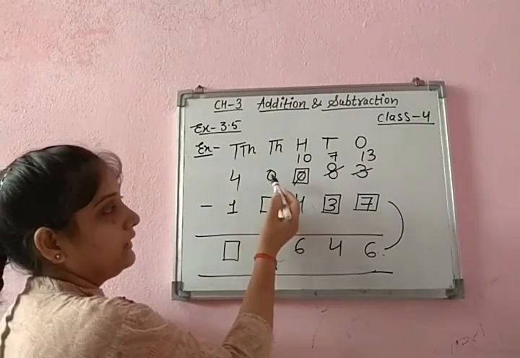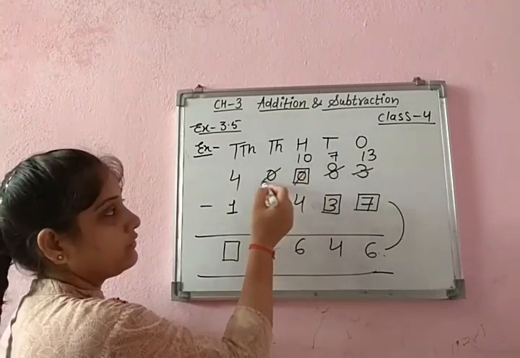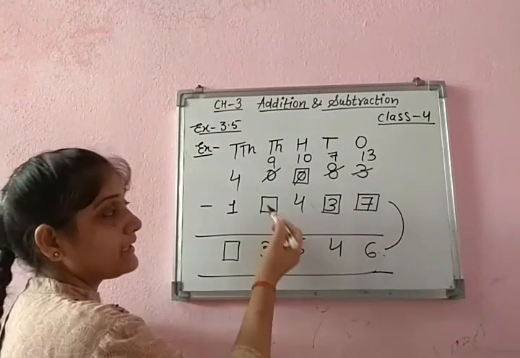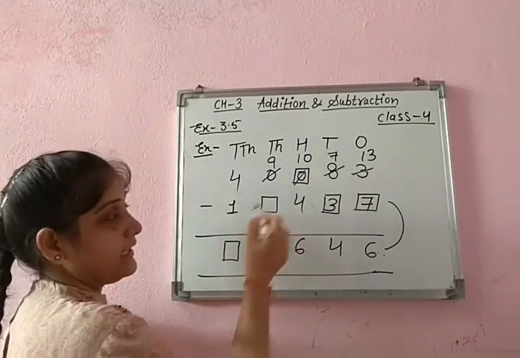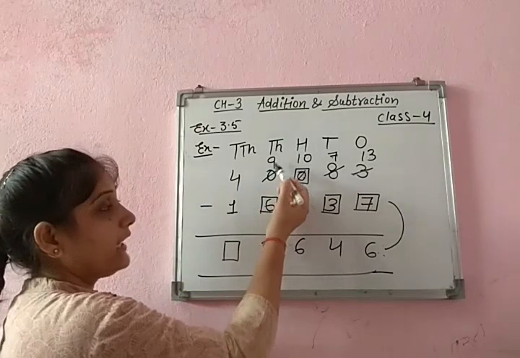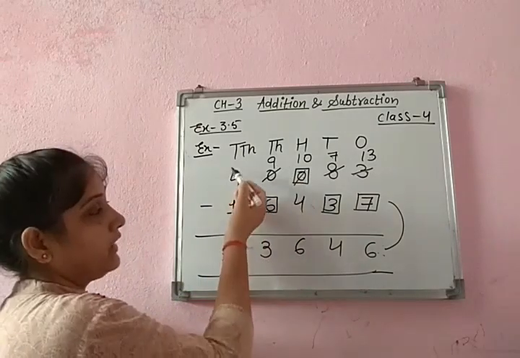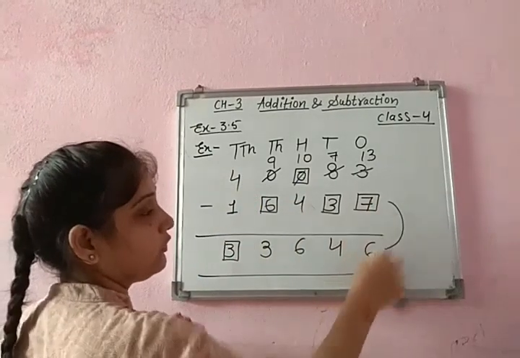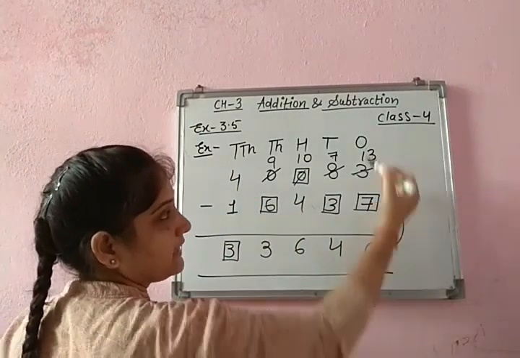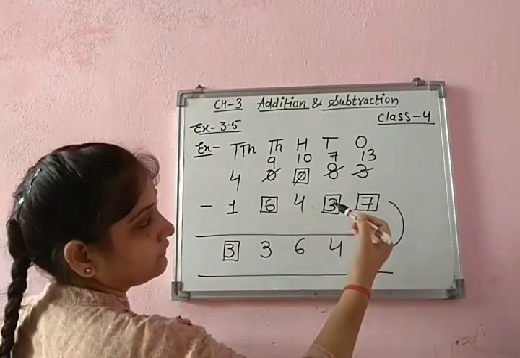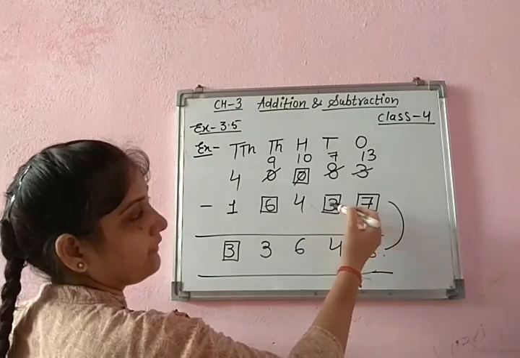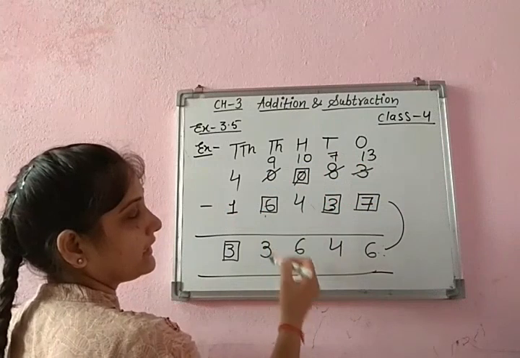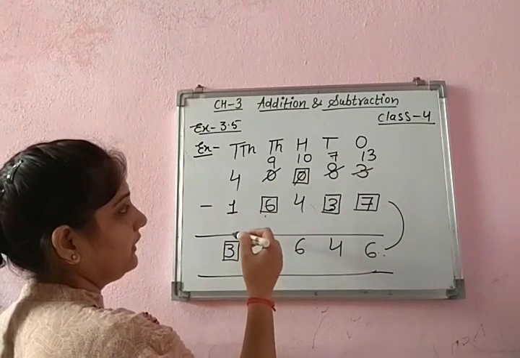Now, it has given a borrow to this one. So it becomes 9. Now 9 में से क्या माइनस करें हम कि 3 आ जाए? 6. 9 minus 6 is 3. And 4 minus 1 is again 3. Let's check इन दोनों का एडिशन सही है यानी 7 plus 6 13, 4 plus 3 7 and 1 carry 8. 6 plus 4 10, 1 carry 6 3 9 1 10 and 1 carry.